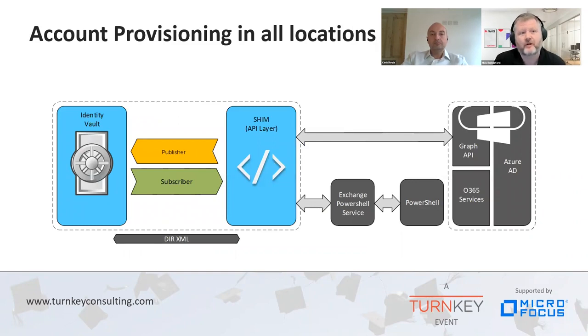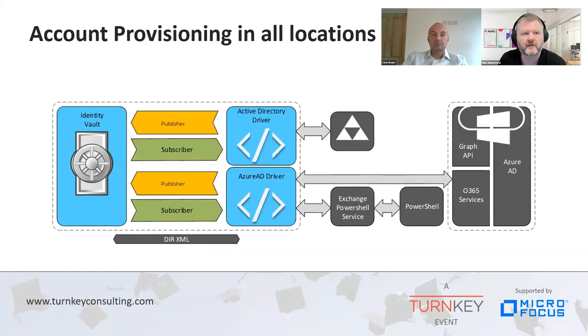If you're managing all identities online, we can talk directly to the Azure AD Graph API or provision through PowerShell to the Office 365 services. Both are supported. We could talk directly to classic Active Directory on-prem systems or hosted, wherever they may be. We can use different processes, flows, and logic for each, because it's unlikely that one method would suffice for all. That's something that you're foregoing without taking this level of control.